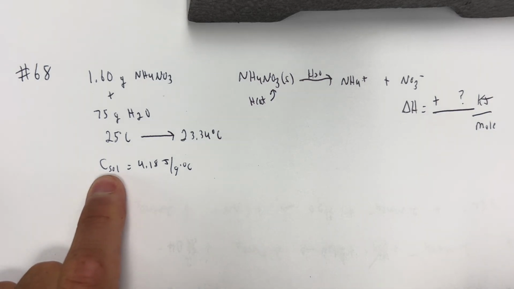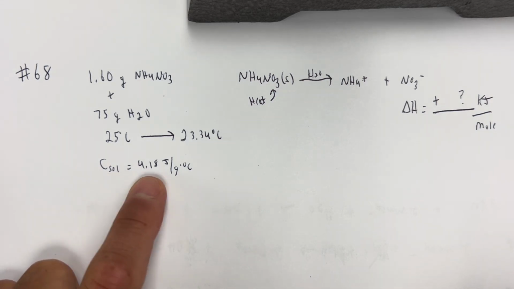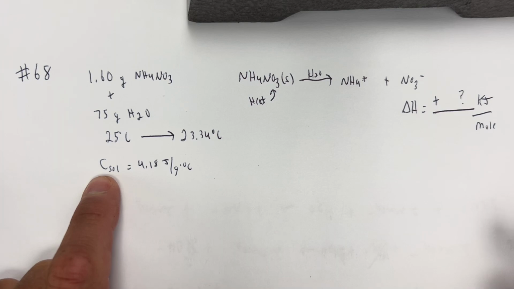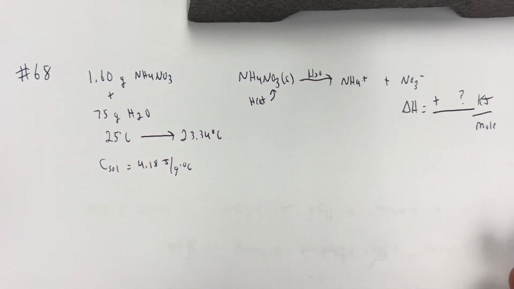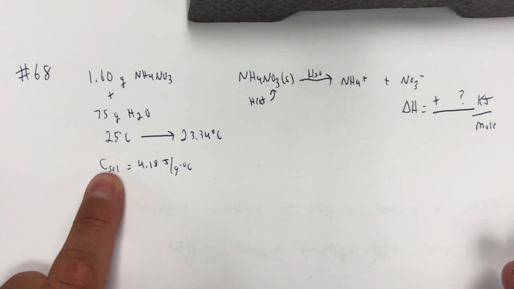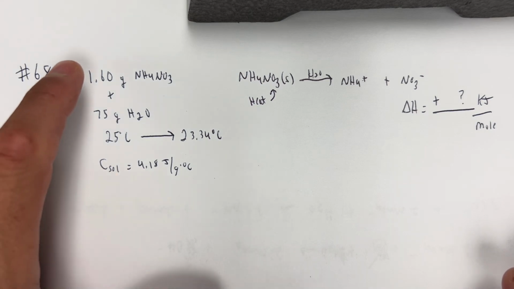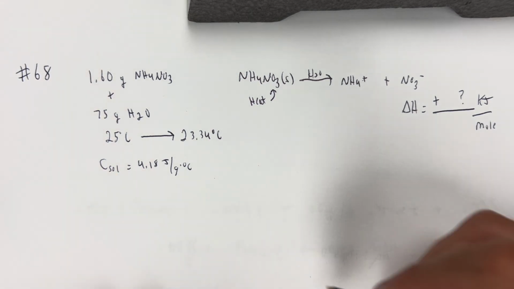And it tells us the specific heat of the solution, which a lot of times will not be 4.18, might be 4.2, might be something a little bit different because it is the ammonium nitrate and the water together. So whenever it gives you a specific heat of a solution, not just water, make sure you take these masses together. So I'm going to do a little